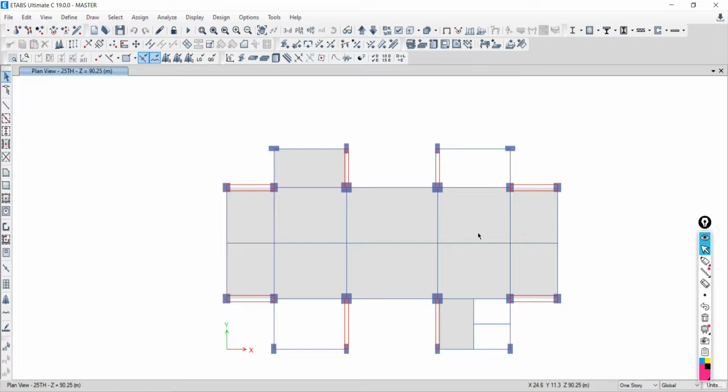The modal analysis helps to determine the vibration characteristics of your structure, and those characteristics include natural frequency, fundamental time period, and mode shape.